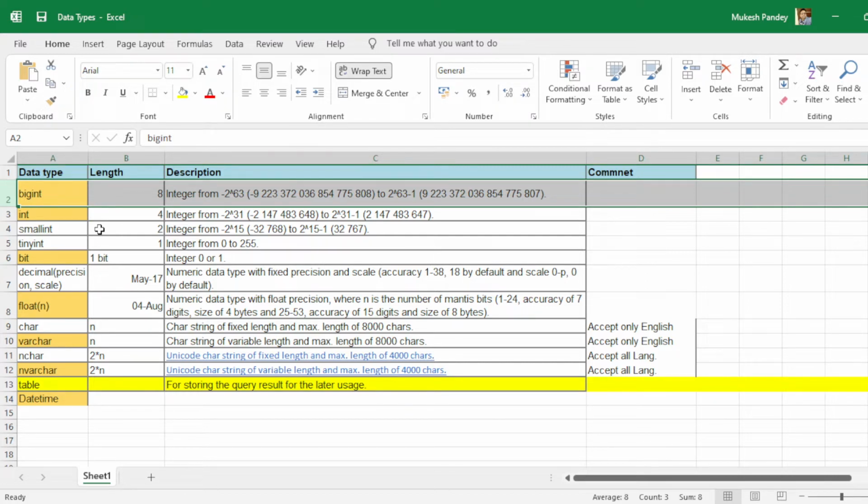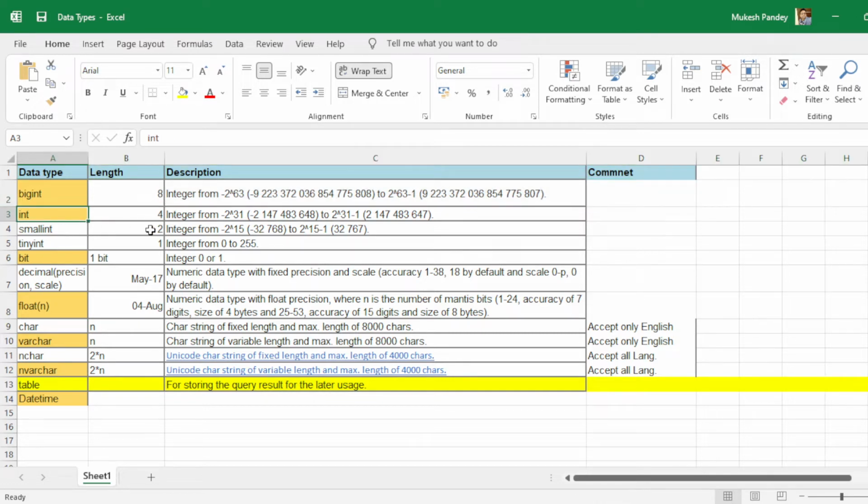For example, suppose you are creating an employee table and we have a mobile number column. The mobile number is always greater than 8 digits, that is, a 10 digit number. So in this situation you can use bigint. Int is basically used to store integer values, and if you use bigint, you can store integer values.